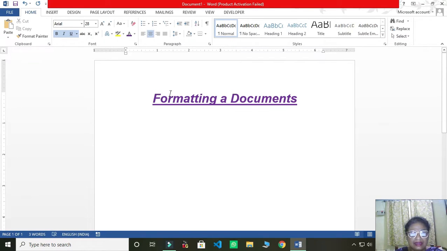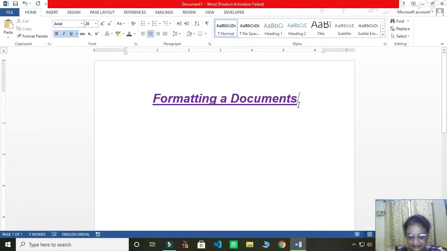So this way you can give more emphasis on your text. So we have learned about 4 types of alignments. Now we have also learned how to change the color of the text. Children, we have also learned about different ways of changing text.